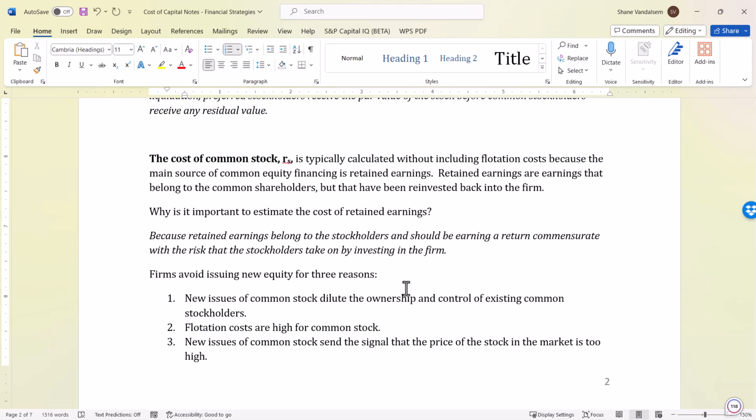Companies really avoid sending the signal that the stock price is too high. The reason this sends that signal is that if I'm sitting here with my shares of stock, and let's say they're priced in the market at $20 a share, but I really think as a stockholder they're worth $25 a share,